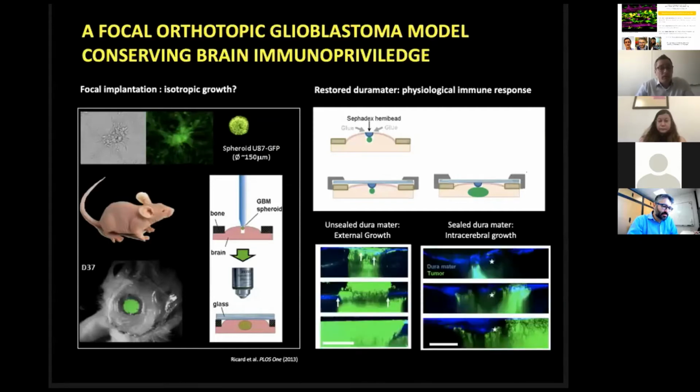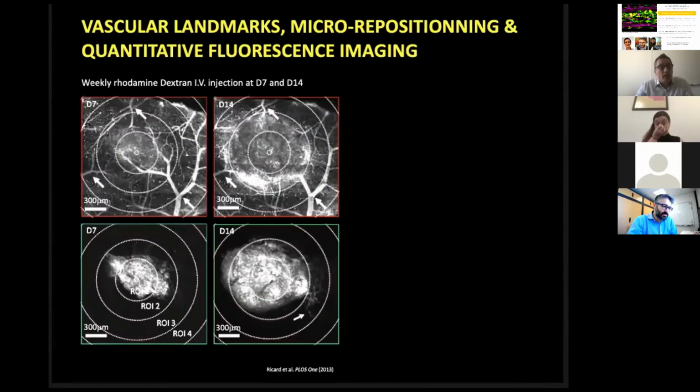Why? Because we observed that when the Sephadex bead was correctly glued, as I hope you can see with my pointer here, the development of the tumor is in depth and below the dura mater, as you can see here from in vitro images that were sliced in the other direction. But if there is a mistake in the gluing procedure and there is some space for cells to escape and go on the dura mater, then they grow typically on top of the brain, pretty much like in a culture dish. So with this model, then we have tried to